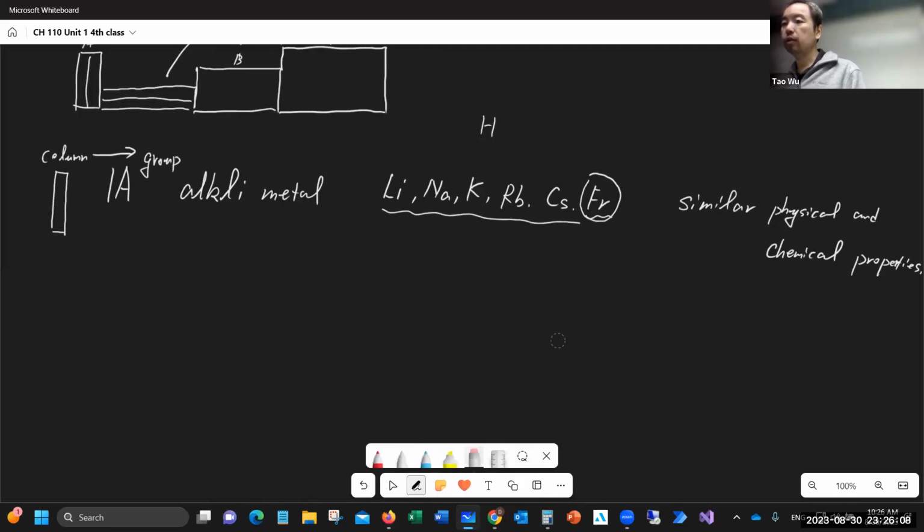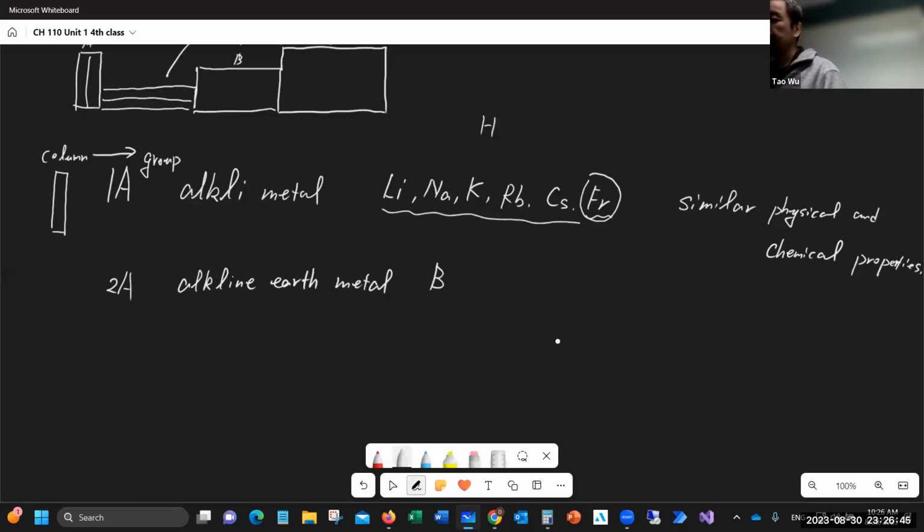And the next one is the 2A group. The 2A group is called the alkaline earth metals. Alkaline earth metals are also very active. They're metals, but relatively less active than the 1A group. That includes everything that shows up there: